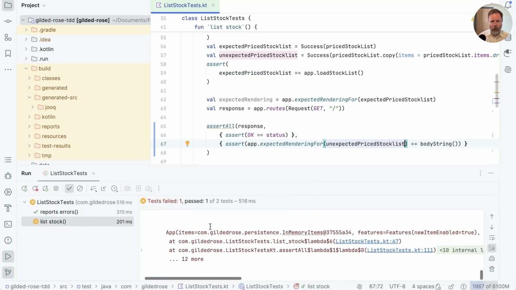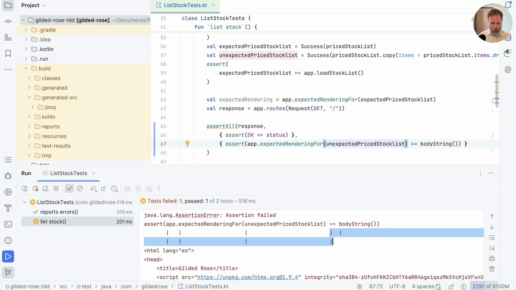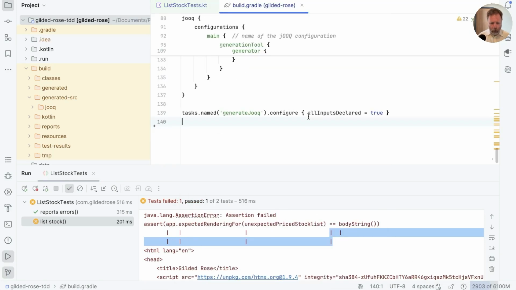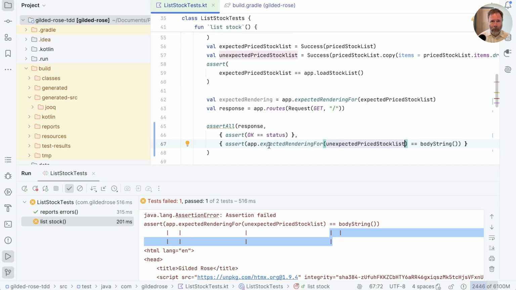then it would fail as we expect, showing, if we trace down far enough here, that this equals was false, but without a nice diff. We can fix that though. If we look in the build, we can put back the configuration for Power-Assert, and we can use Kotlin test assert equals in here. Now if we do that, and in here then say assert equals,